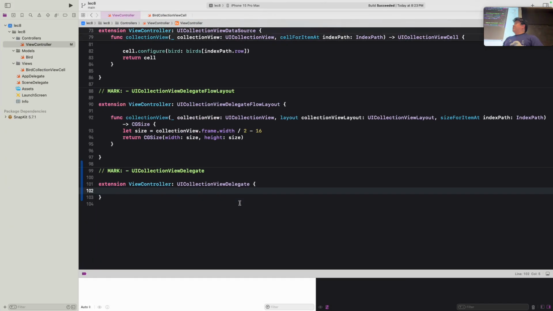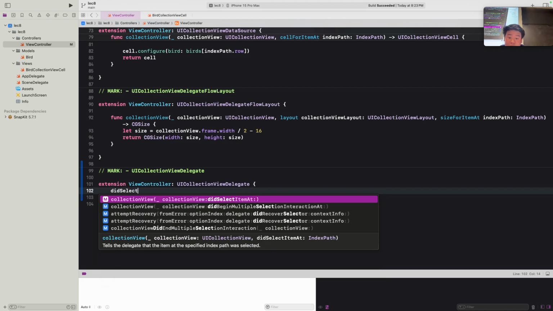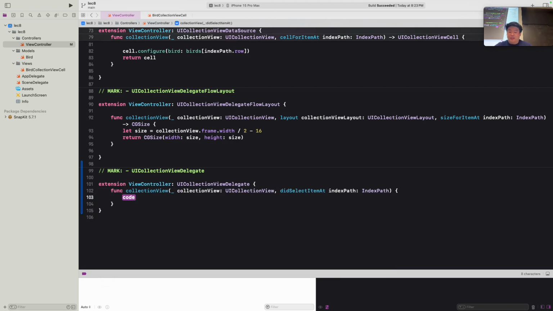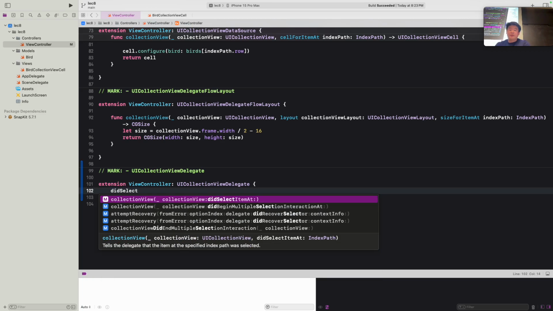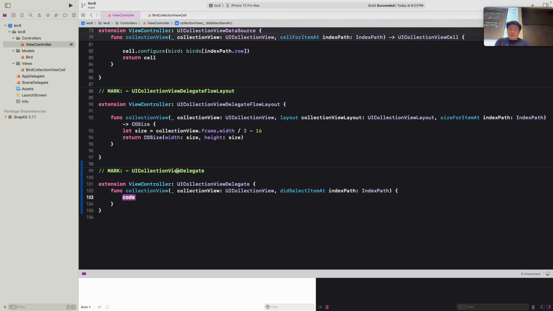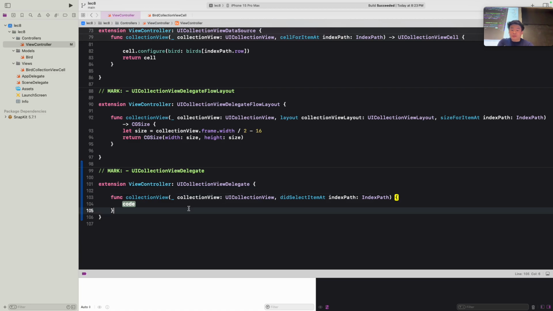Okay, so the function we wanted to actually define here is called didSelectItemAt. So if you press enter there, yeah, actually that went a little too quick. So if you type in just didSelect, it should show up as the first thing that pops up there. If not, just give it a minute. It probably just takes a while for the Swift compiler to keep up. You just press enter on that, and it'll give you the stub there.